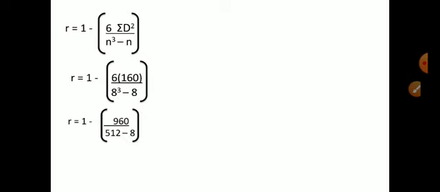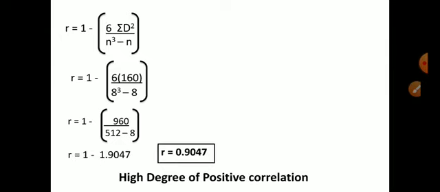Okay, 8 cube is nothing but 512. 512 minus 8 is 504. That is 960 divided by 504. 1 minus 960 divided by 504. If you calculate in the calculator, you'll be getting the answer as 1 minus 1.9047. If you subtract, we will be getting R value as